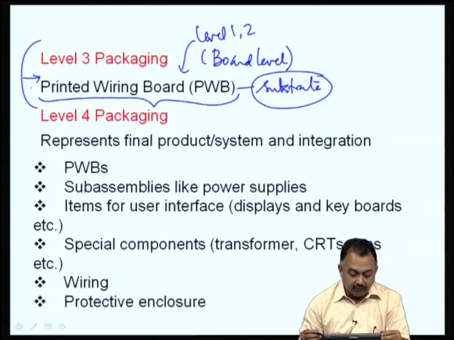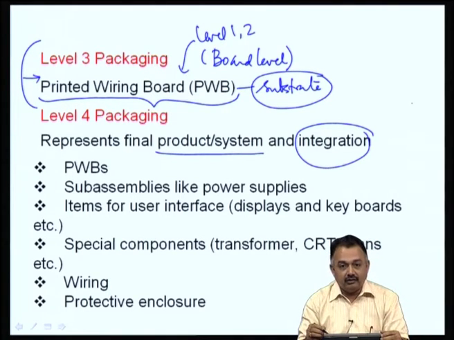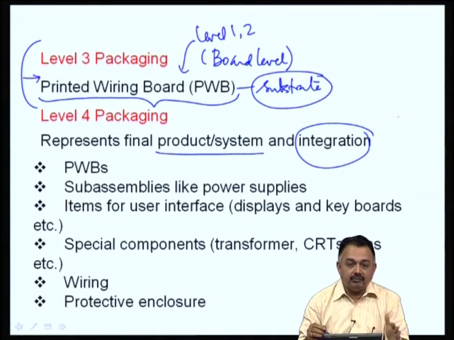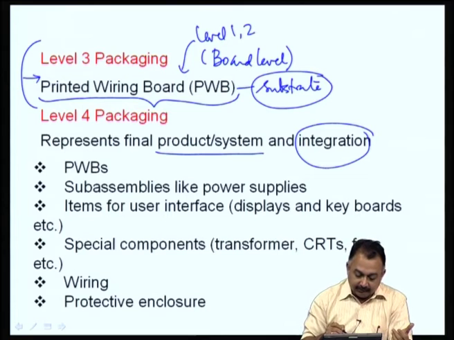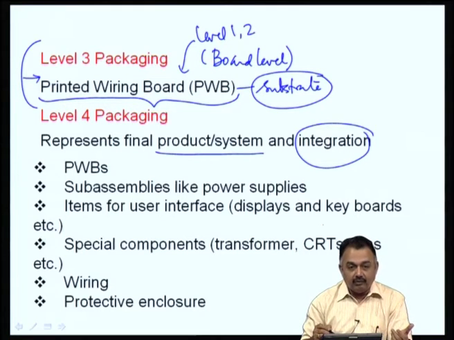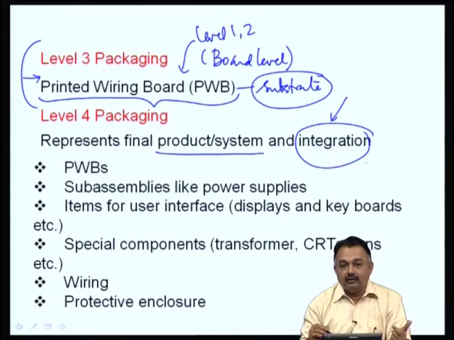Level 4 packaging, as I mentioned before, represents the final product of the system, and here it involves a lot of integration of the die, integration of the printed wiring boards. In a system there may be 1, 2, 3 or 4 boards. You have to integrate them, you have to connect them by using connectors. Okay. Then you may have additional electromechanical systems like some transformers, some keyboards. There can be some other devices that will be mounted on the surface of the board, which will interact with your system function board. Okay. And all of these have to work in unison or harmony.